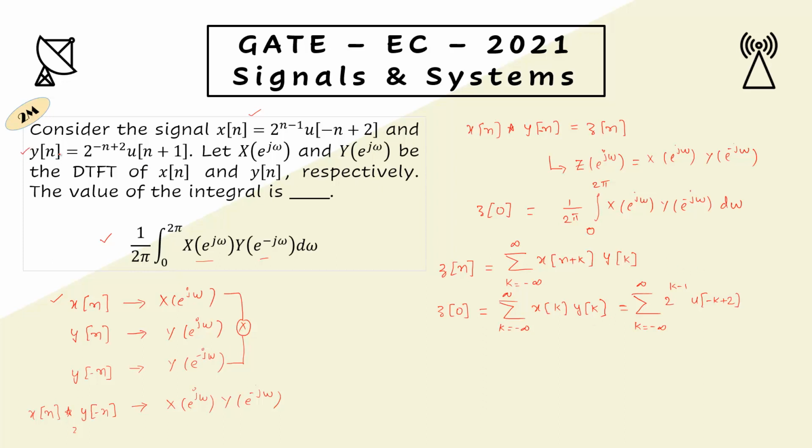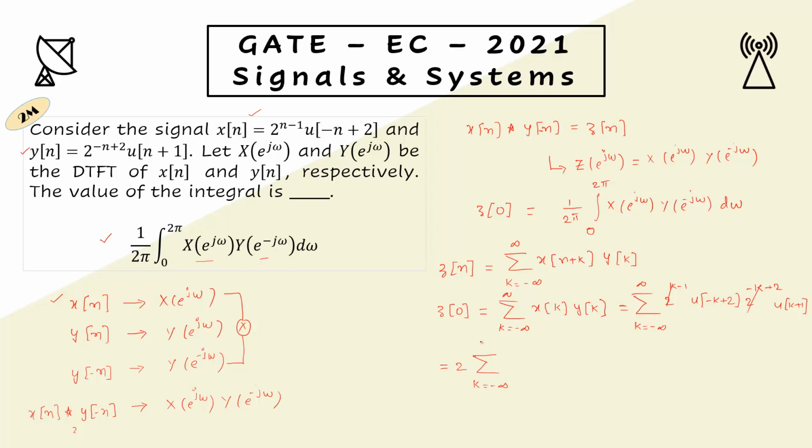Y of n is given, so replacing n with k, you get 2 power minus k plus 2 multiplied with u of k plus 1. Because you have 2 power k and 2 power minus k, they will get cancelled out, and we have 2 power minus 1 multiplied with 2 power 2, which will become 2. So finally this summation boils down to 2 times summation